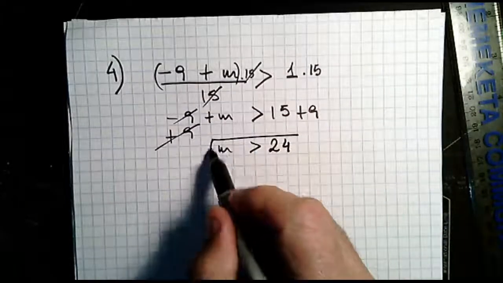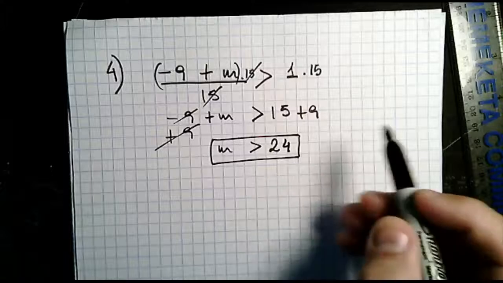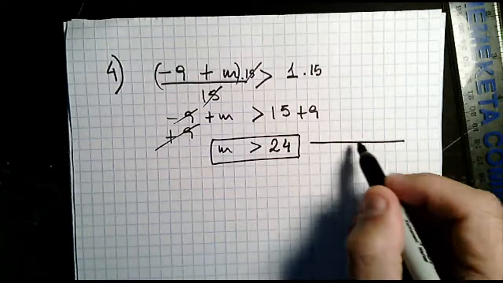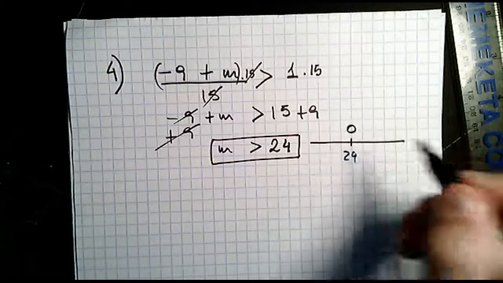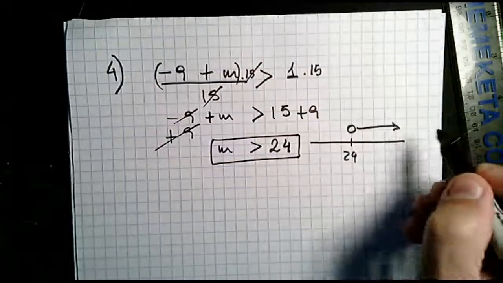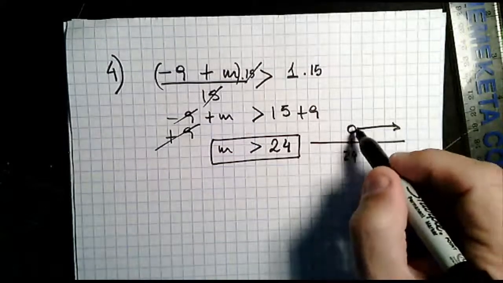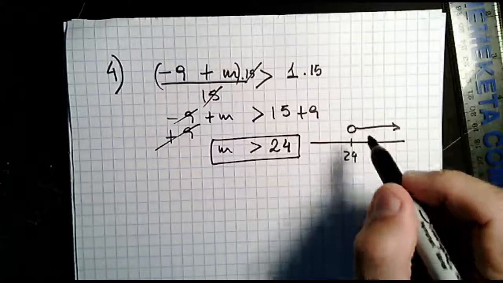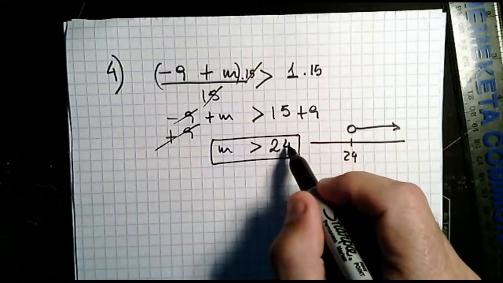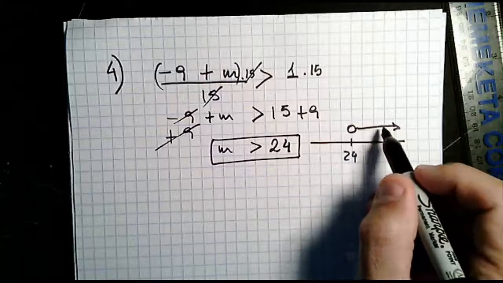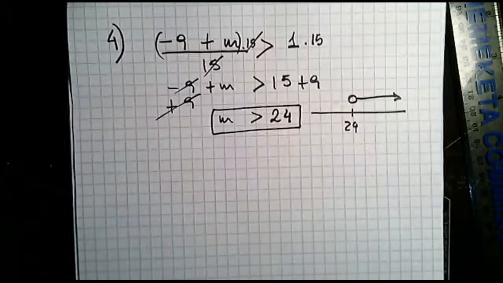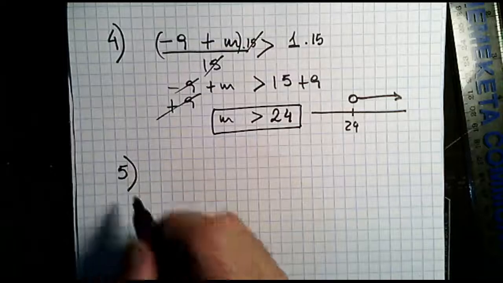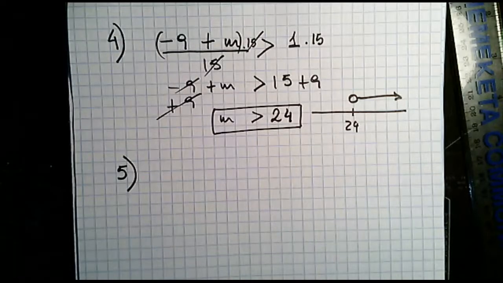Okay, and I'm not going to draw this one, but the line here is going to be, if this is 24, right? So I will keep it like this and go to the right. Keep the circle without filling it out, because it's not going to take 24. It's going to take only the values greater than 24. And the last example here, which I am going to do, is,